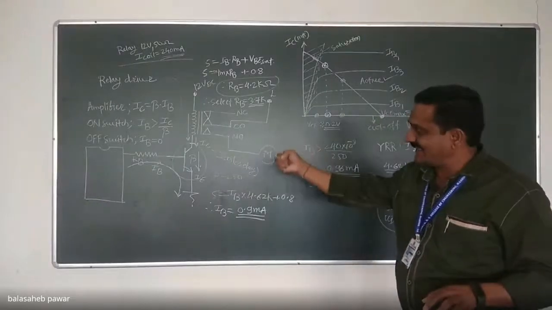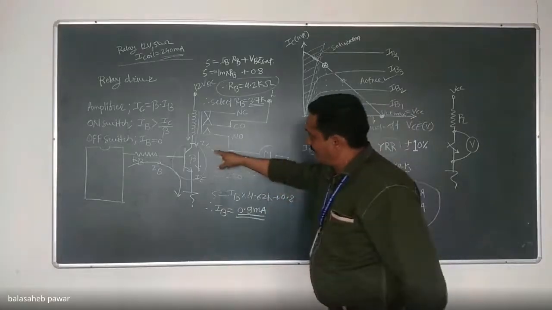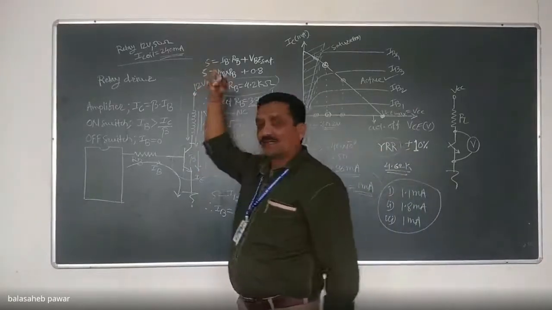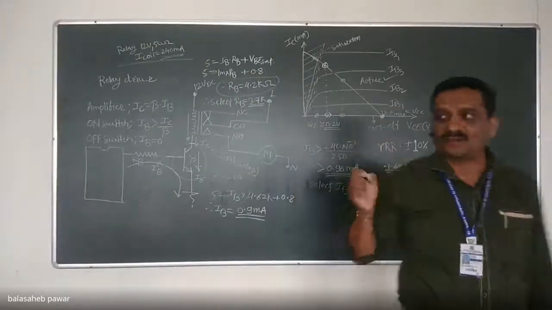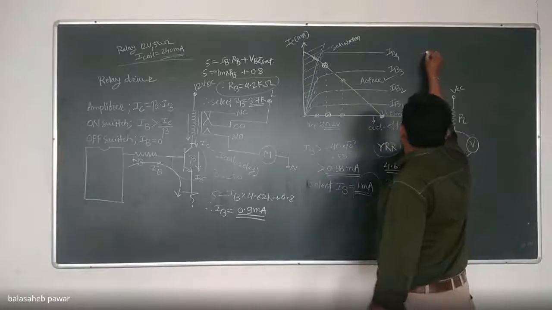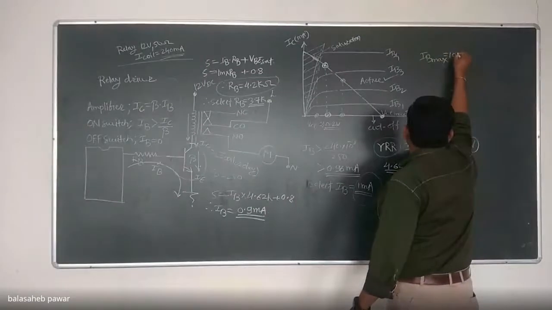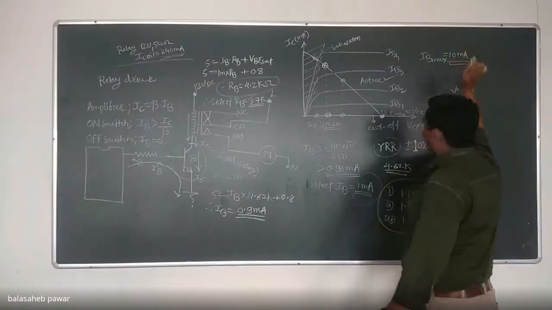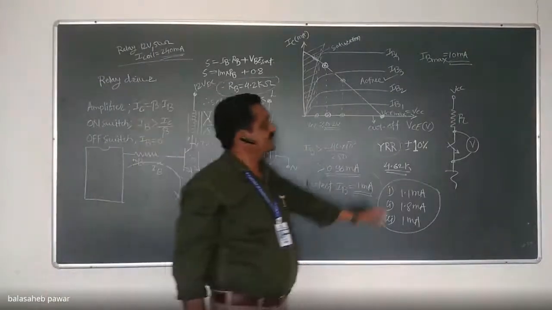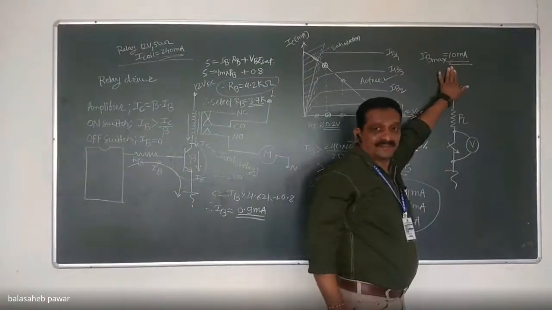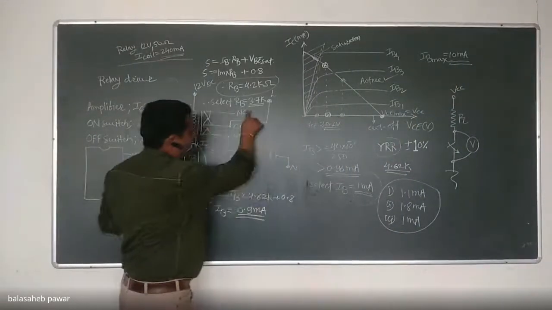For the selected transistor, as I already told at the start of today's session, its collector current handling capacity is 240 milliampere. We consider that transistor right now. For the same transistor, if the manufacturer gives IB max as 10 milliampere, the maximum base current we can pass through that transistor, then you will be very confident about the selection of this 3.7K.